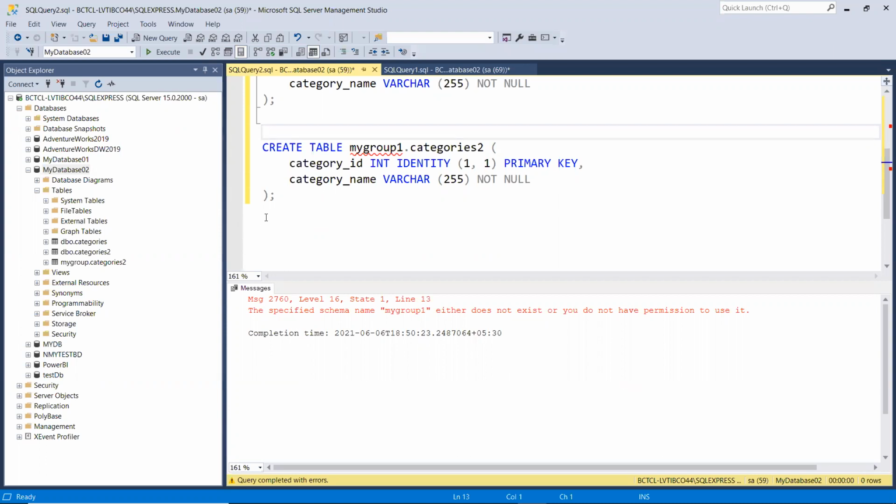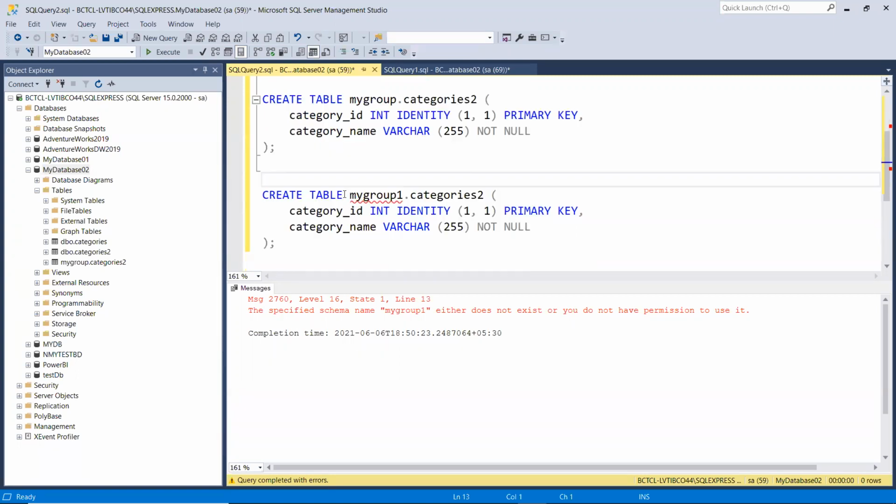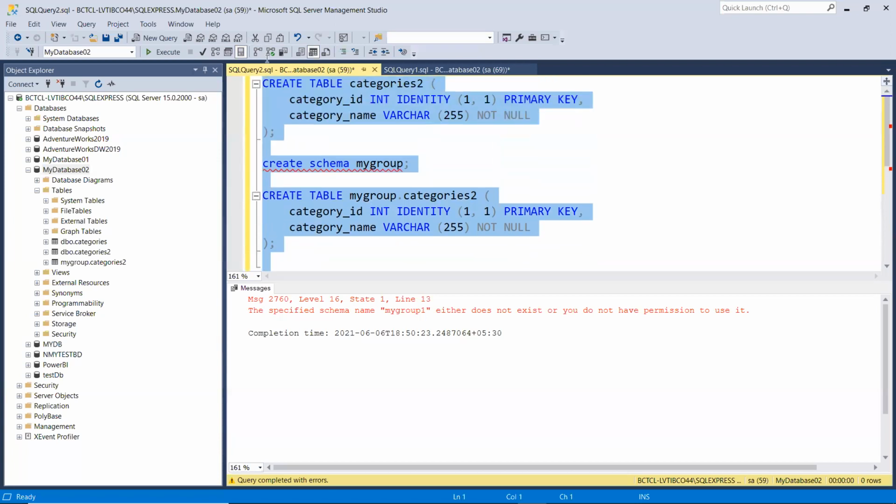Can we have the same table in different databases? The answer is obviously yes. Similarly, can we have multiple schemas with the same name? The answer is no. But can we have the same schema name in different databases? Yes. I hope you are now familiar with the hierarchy, and at what level we have to distinguish our names. Assuming that is clear, I'll just delete these tables.